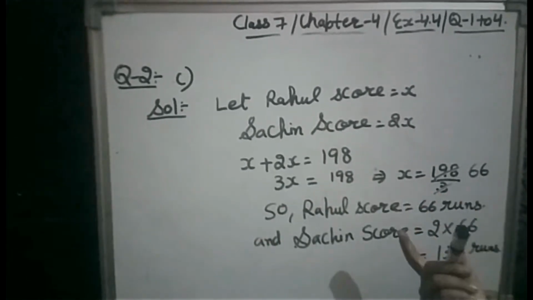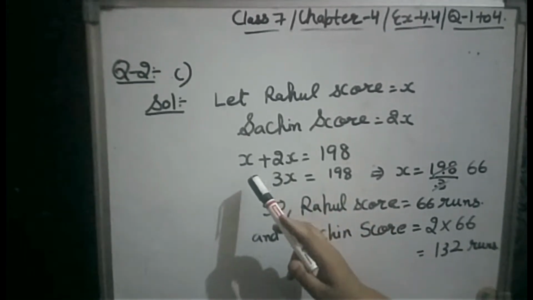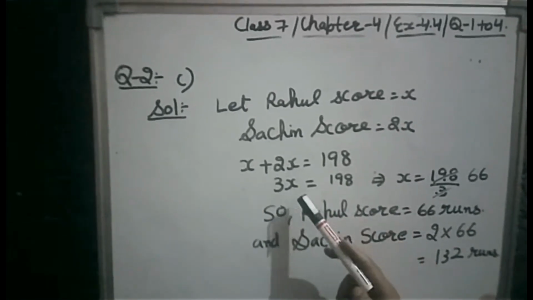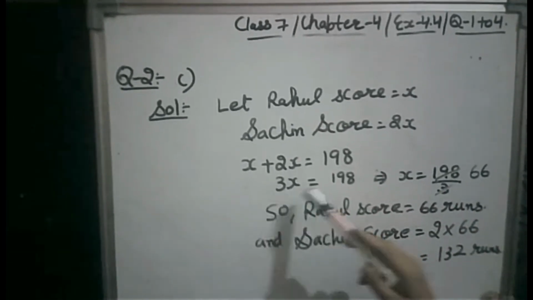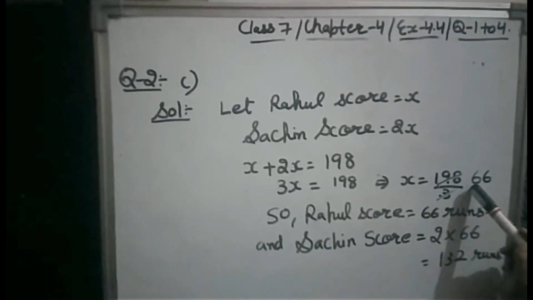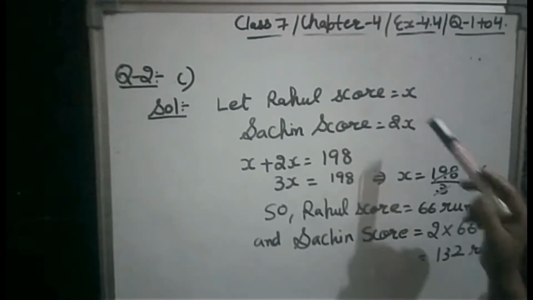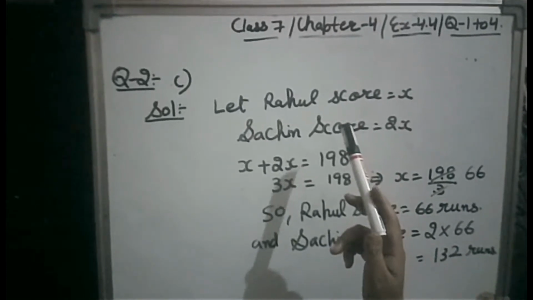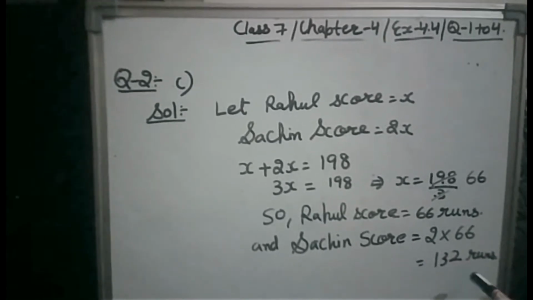So this equation we got. Now solve this equation to find the value of the unknown variable. So 2x plus 1x, 3x. So 3x equals 198, and easily we can get the value of x. So x equals 198 upon 3, because here it is multiplication, so divide it. 3 6s are 18 and 1 3 6s are 18. It means x value is 66, the x value for Rahul. It means Rahul's score is 66 and how much will Sachin's score be? 2 into 66. So that would be 132 runs.